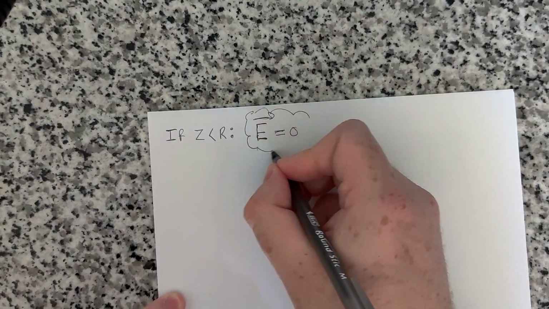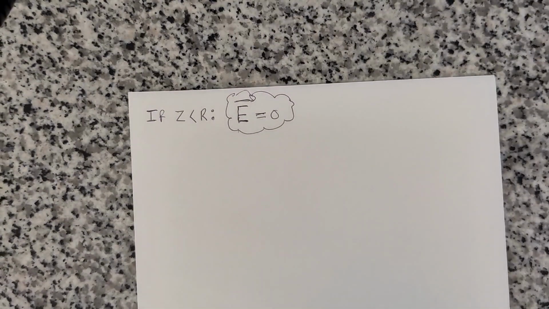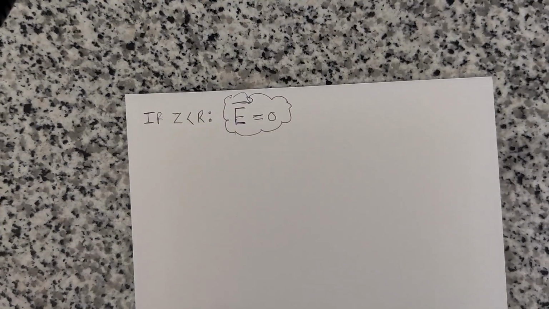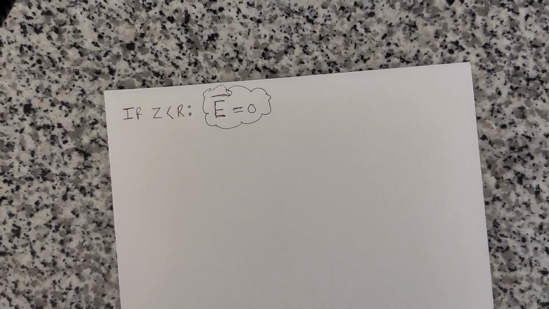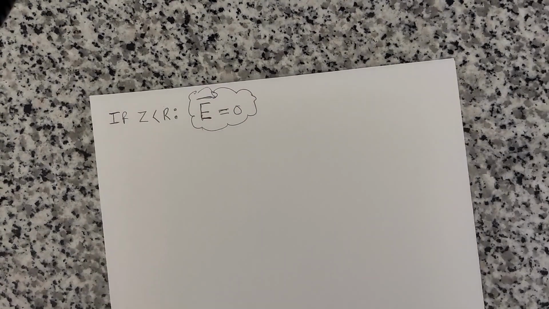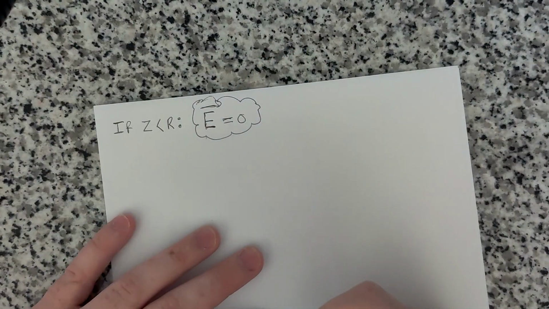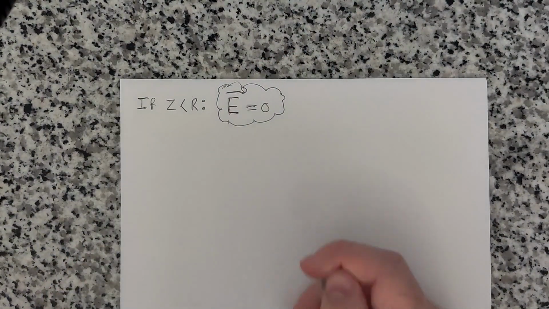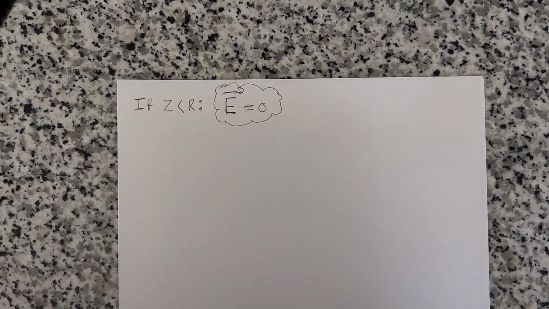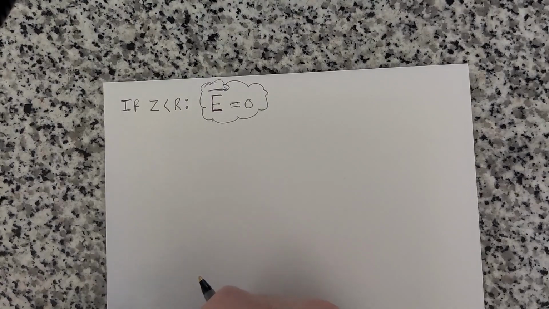So if you have a hollow sphere, a hollow surface with some charge on it, if there is no charge within the sphere itself, if all the charge is contained on the surface, then the electric field within that surface and the hollow emptiness is 0. Which is pretty interesting. That's not easy to prove. We have just proved it here. Well, we proved it for a specific case, I guess, but it can be proven, and it has been proven